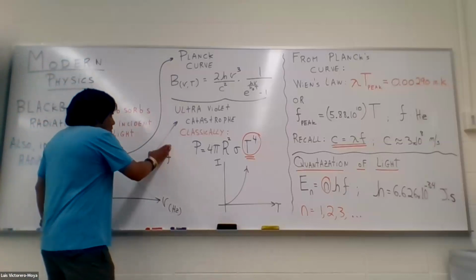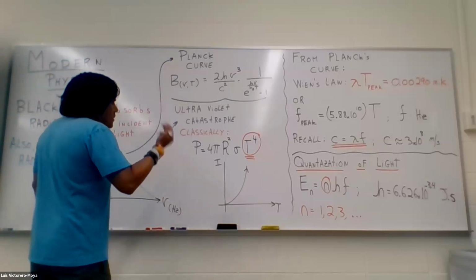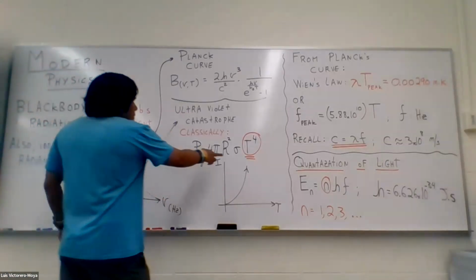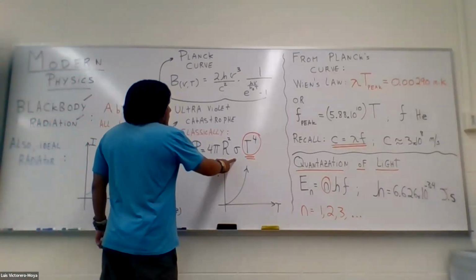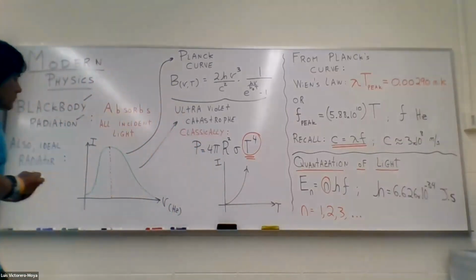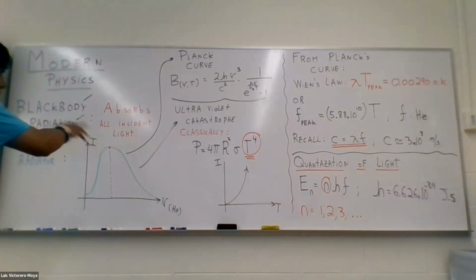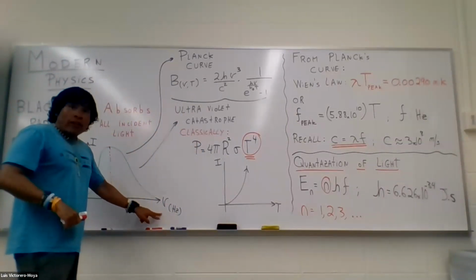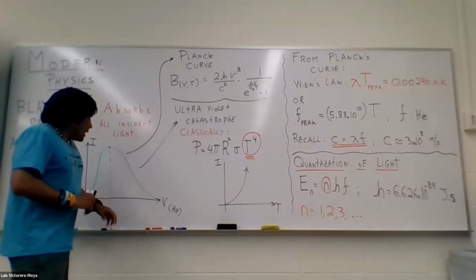So in quantum mechanics, we start introducing a lot of Greek symbols like sigma, deltas, and that's the one that we use for frequency. So frequency in hertz, or even wavelength, there you go, lambda,